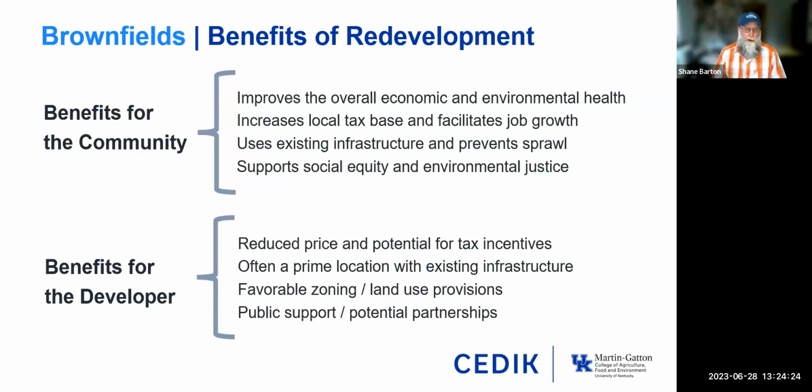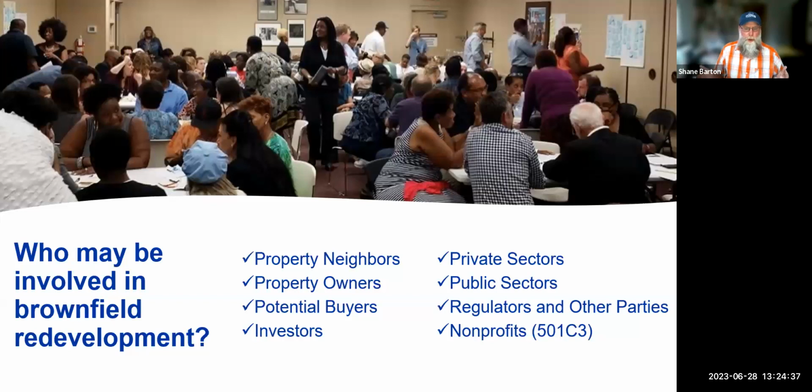Because like we mentioned earlier, when we think about the bipartisan infrastructure law and the focus, we really are thinking about and focusing on community-led revitalization efforts and priorities. But who is involved? That's a big process, and who can be involved? Well, as you can see from this slide, really anybody. Stakeholders are broad. But these are the few that I want to highlight here just momentarily.